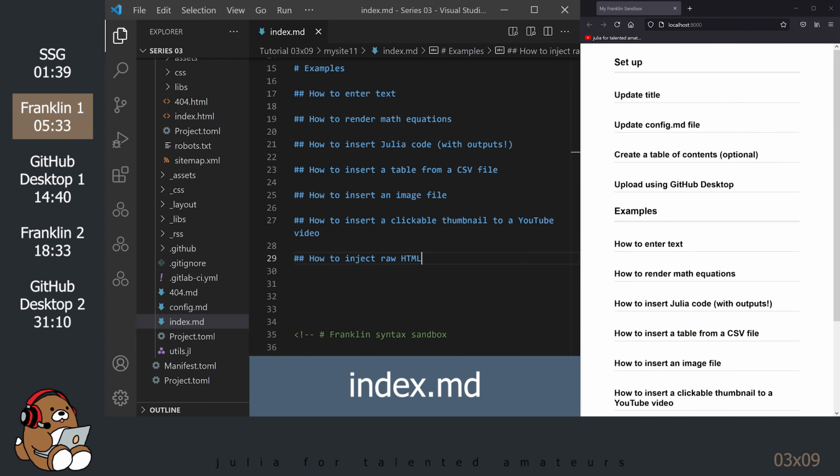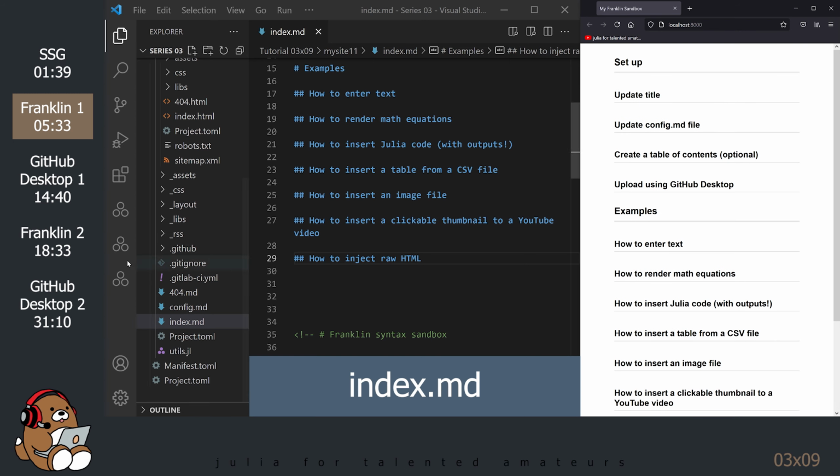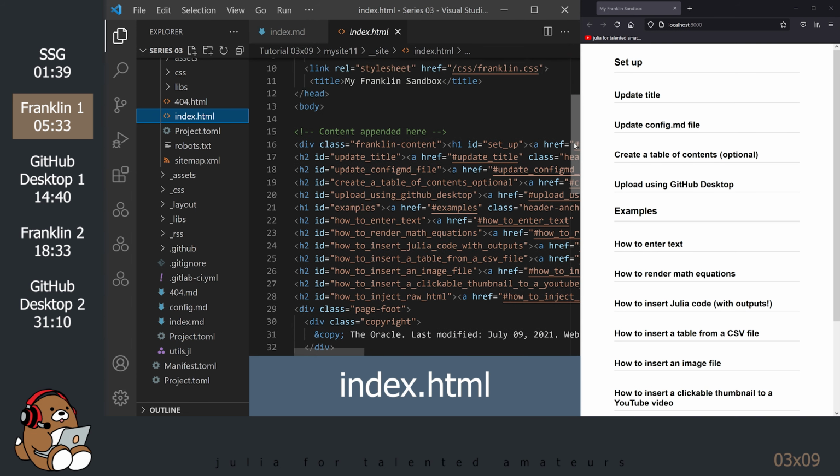Save your file. Notice that your live server updated automatically. Look at your index.html file and notice that it updated automatically as well.